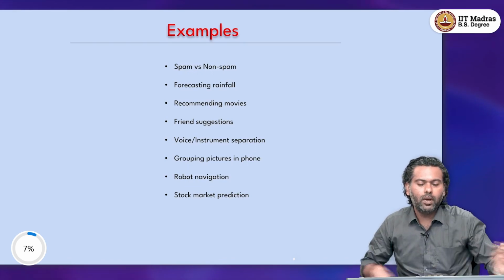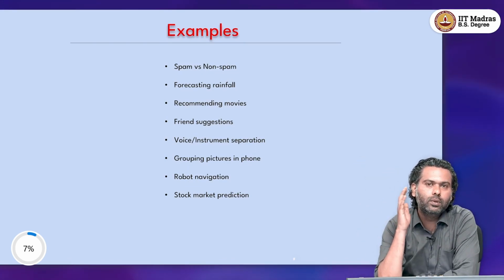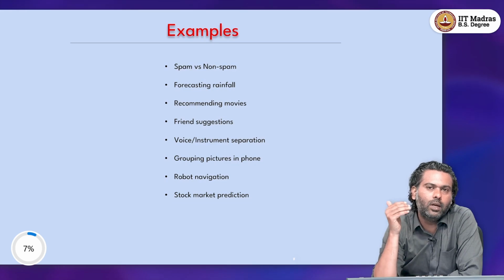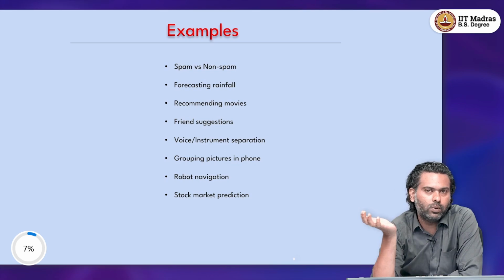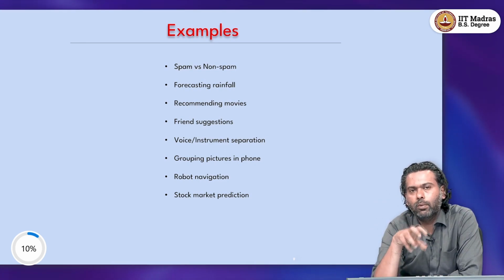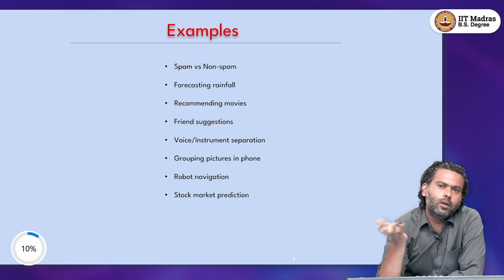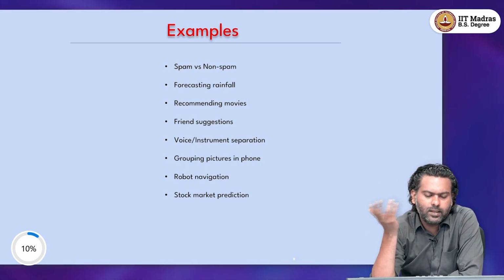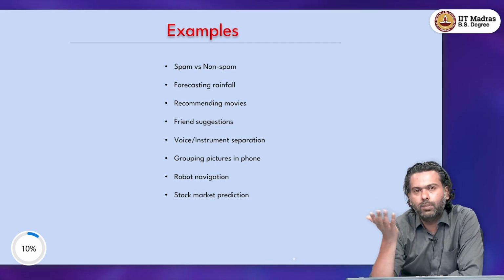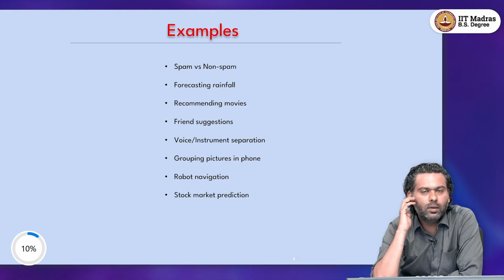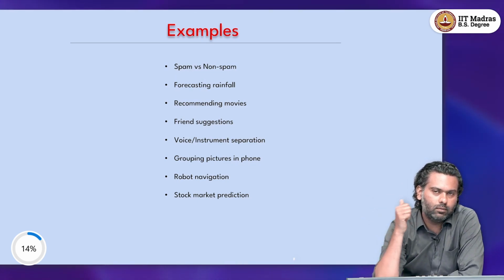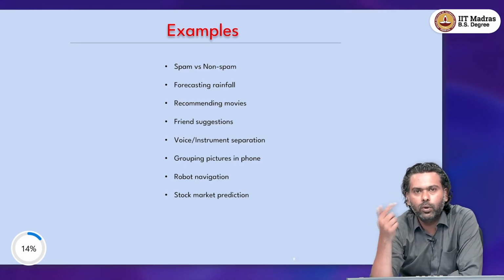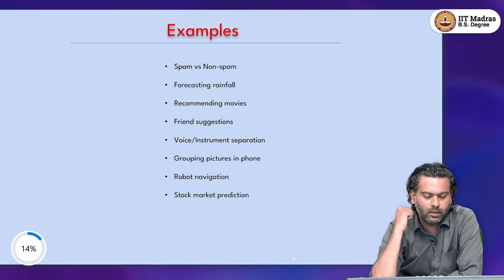I'll describe the problem, and then I want you to think along what type of learning we are talking about, whether it's supervised, unsupervised, or sequential, and if possible, also try to think about what is the subtype of each of these learning that we are talking about, right? Okay, so let's start. So the example of spam versus non-spam is something that we have spoken about. You want to classify, given an email, whether it is a spam email or a non-spam email. What type of learning is it? Start thinking about it. I'll tell you the answer after I go through all the examples.